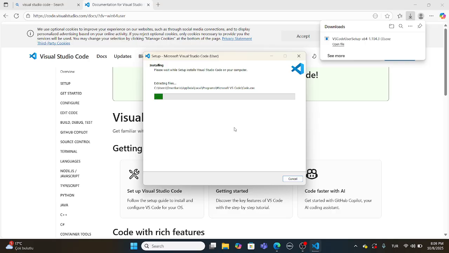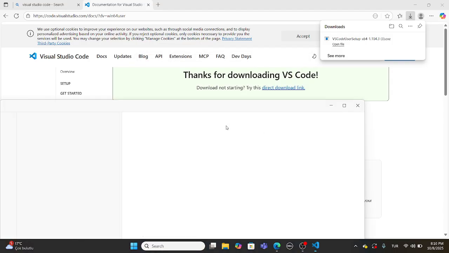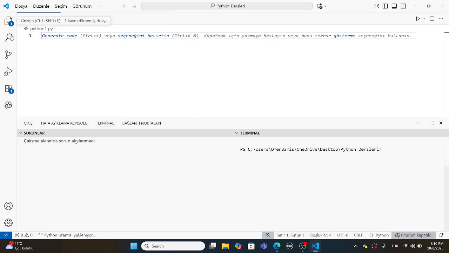We are waiting for installation. It takes a few seconds. We are waiting. Installation was completed. I click finish and it will open. Then